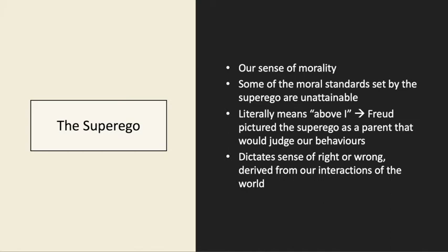As mentioned, id operates according to the pleasure principle. Superego, on the other hand, operates according to the morality principle. According to Freud, we develop our superego in accordance with parental and societal rules. With that all said, of course, and given the very high moral standards that the superego operates at, the standards set by the superego are often very much unattainable. And for this reason, something else happens. Another part of personality starts to blossom.